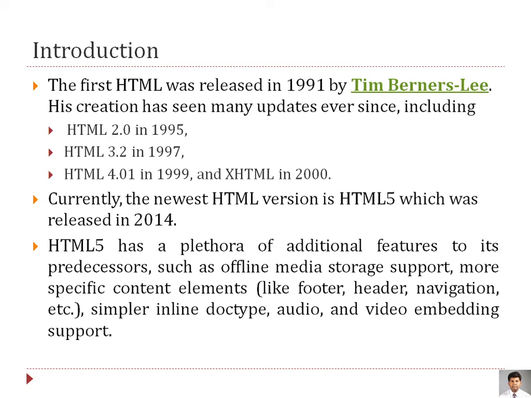Now in the 5th version, which we call HTML5, what was there is very important. It was an addition of features, such as offline media storage support. Whenever you search for anything on YouTube and go for downloading some videos offline, you are storing some videos and audios at the back end in your system, whether it is your mobile or your computer. So offline download has become available. That type of feature was introduced in HTML5.